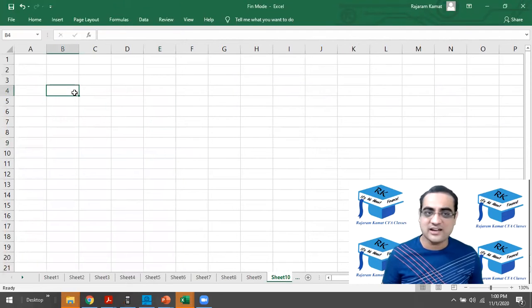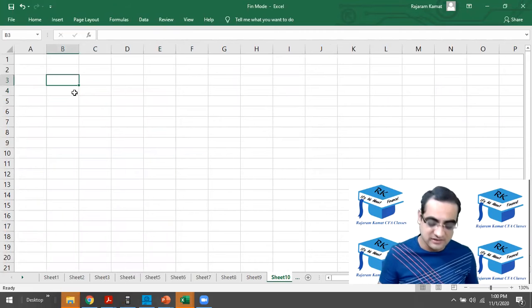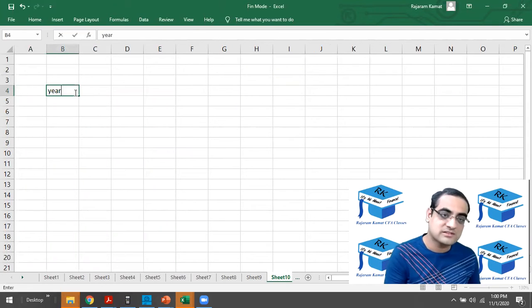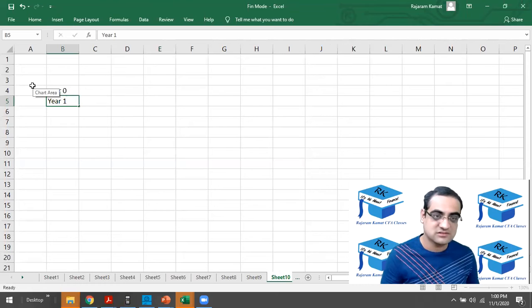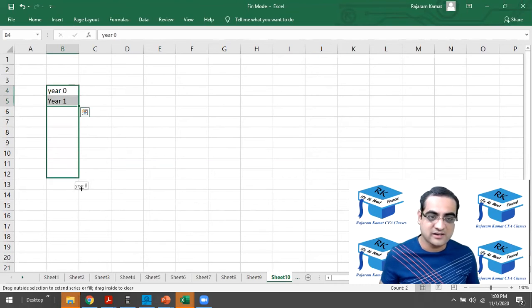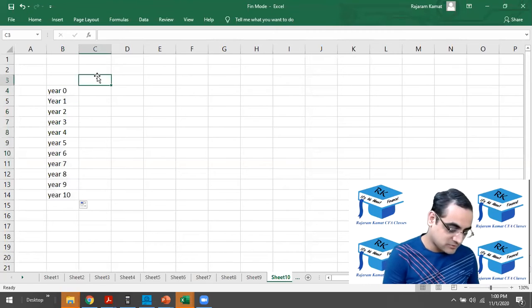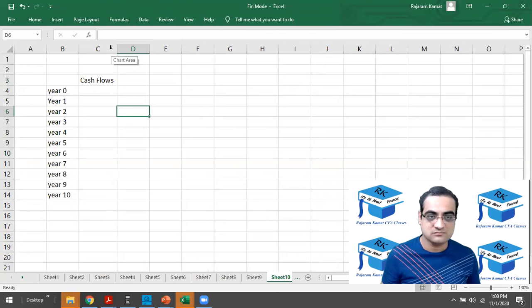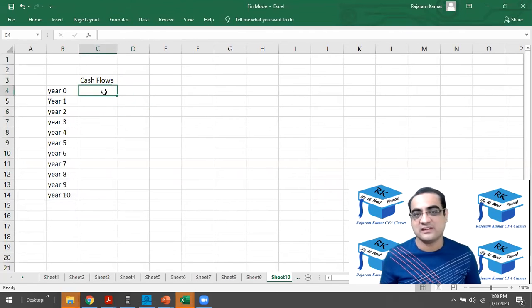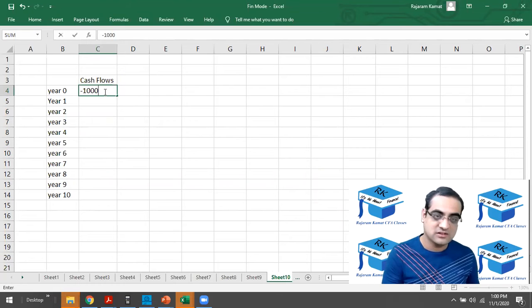So I'll just try to put in the cash flows. I'm going to put the cash flows vertically. Let's say year 0, where there will be some outflow, then year 1 onward would be the inflows, and I'll take it to, let's say, year 10. I could drag it like this. The conventional way is that the first would be the outflow, which I'll put as -1,000. And then I'll put in some inflows.